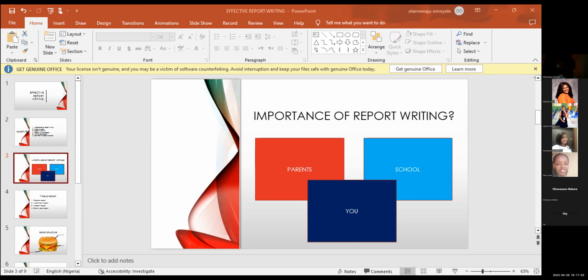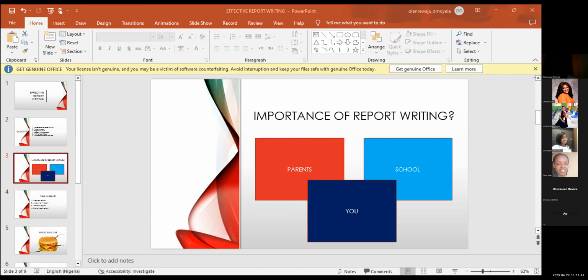It provides a clear picture of the student's academic performance, the growth, the strength, and areas of improvement. Every week or at the end of every class, you check your students, you give them summative assessment or formative assessment, and you use that to check your class against next week. Based on this task or assignment I've given them, you can see that they are still struggling with this topic. With that, you can now plan for your next class.